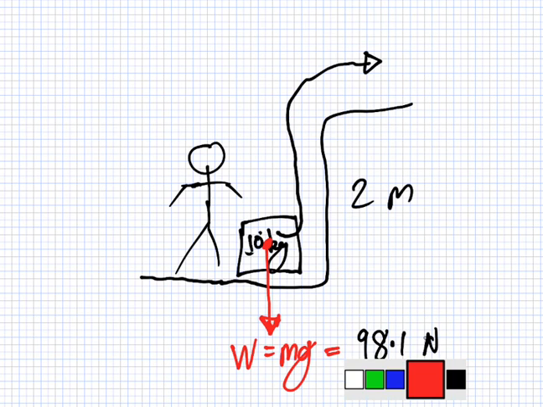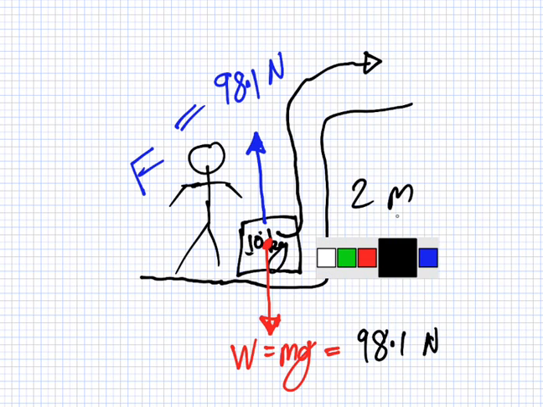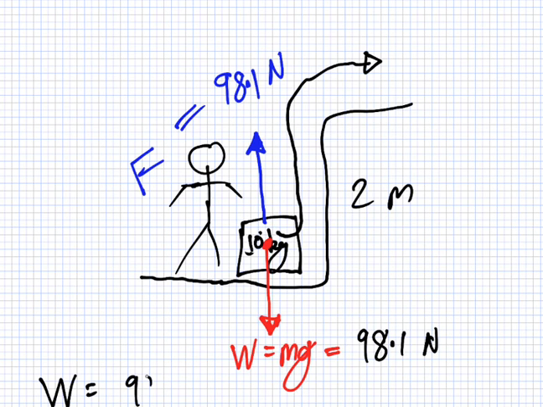So if the man wants to lift it, how much force must he give it in the up direction? Yeah, at least 98.1 newtons. So his force is equal to 98.1 newtons if he wants to move it. How far does he move it? 2 meters. So in this example here, the work done is 98.1 multiplied by 2, which is roughly